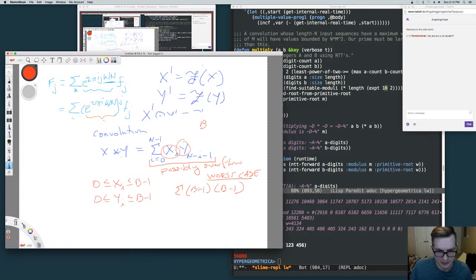So this b minus 1 times b minus 1 is the maximum, and if we sum this from i equals 0 to n minus 1, this is the same thing as having n times (b minus 1) squared as the maximum possible. So we can say the,